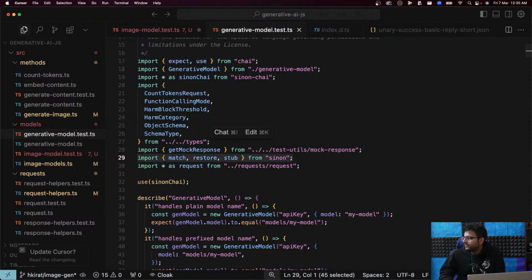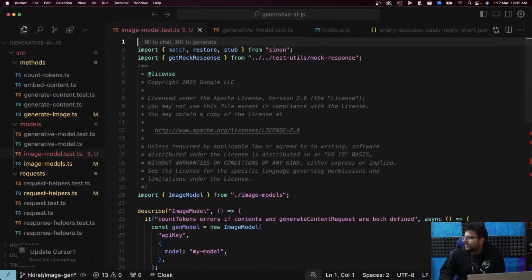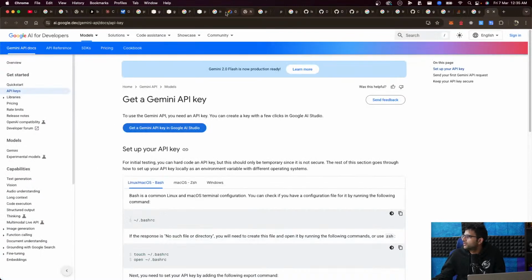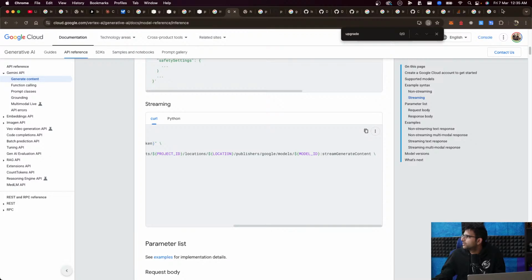Comes from Sinon. You guys saw something you shouldn't have, which means I need to delete it. Gemini API keys. Where was it? Google Console.